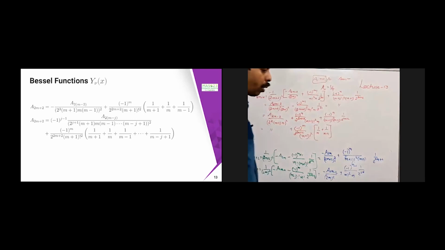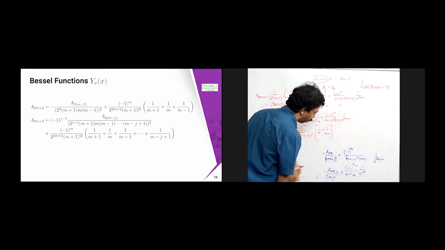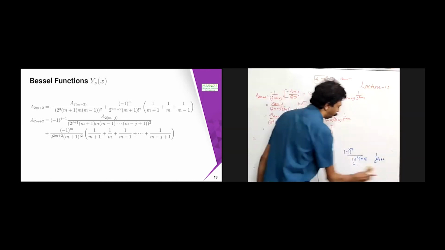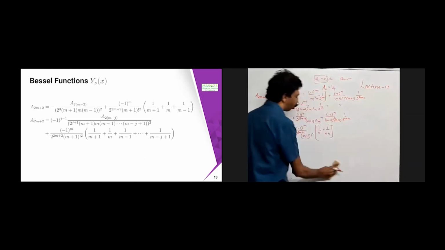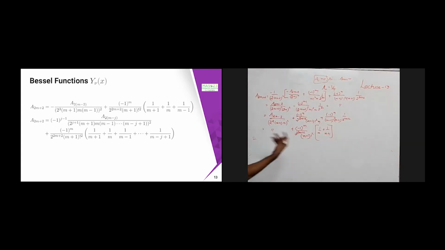If I proceed further, I'm going to have a similar kind of expression. So if I keep on decreasing, I can replace a to m minus 2, again I am going to get it in a to m minus 4, then again a to m minus 4 I can write as a to m minus 6, etcetera. So after a certain stage, suppose I keep on doing the same thing, first time it was minus, second time it is plus, so third time it is going to become like